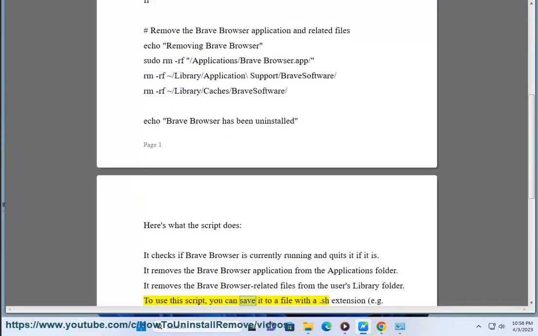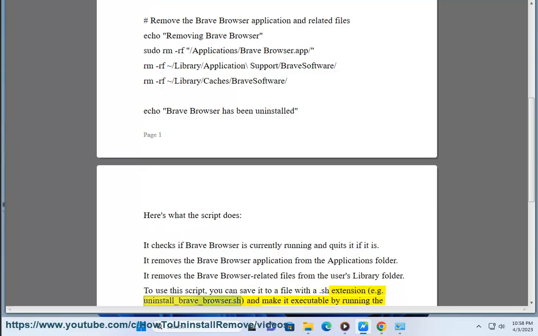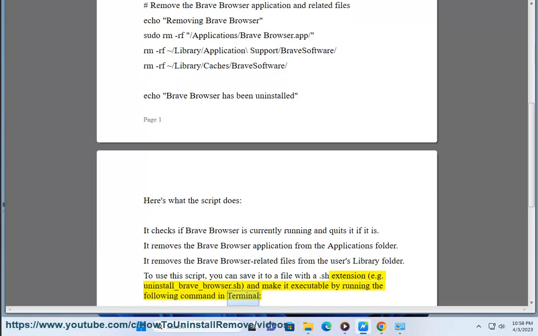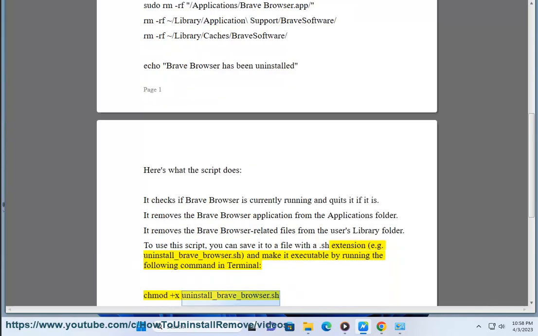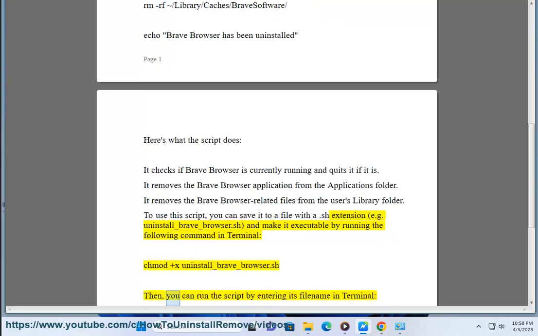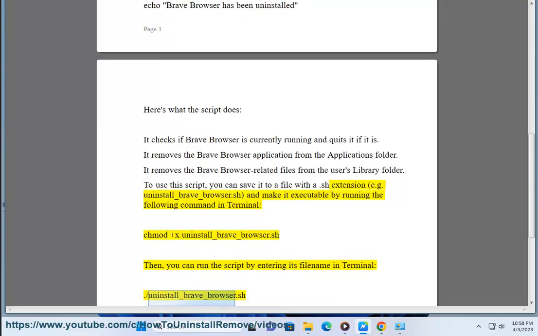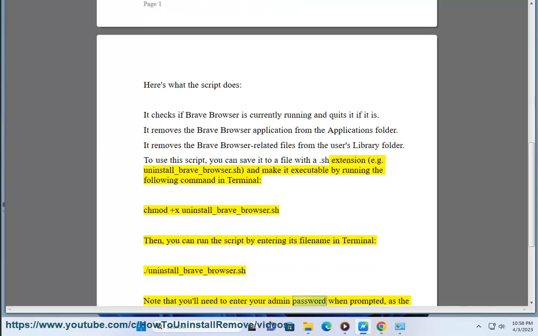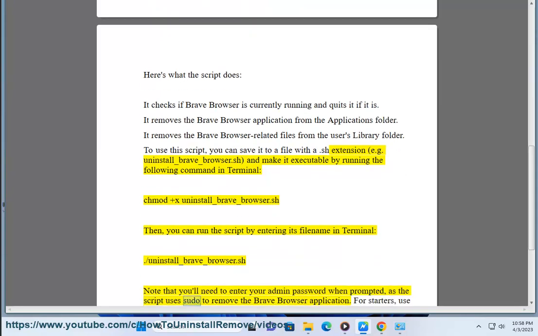To use this script, you can save it to a file with a .sh extension, e.g. uninstall_brave_browser.sh, and make it executable by running the following command in terminal: chmod +x uninstall_brave_browser.sh. Then, you can run the script by entering its file name in terminal: ./uninstall_brave_browser.sh. Note that you'll need to enter your admin password when prompted, as the script uses sudo to remove the